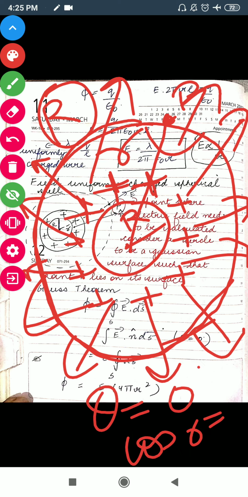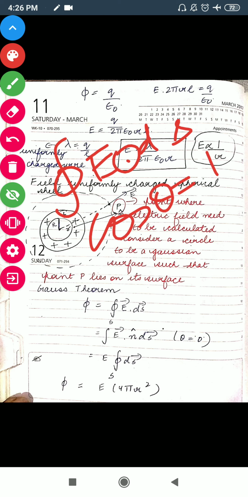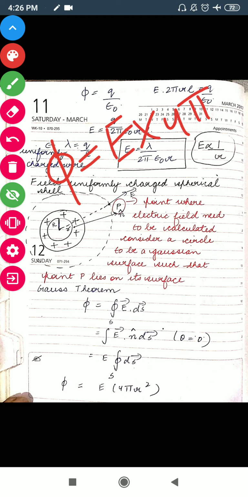You will realize that all the derivations are approximately the same. Now if I calculate the flux, the integral of E dot ds, then the dot product will open, cos theta will become equal to 1, E will come out of the integral sign and we are left with ds. Here ds is a sphere of radius small r, so the total area of the sphere will be 4 pi r square. So what is the formula of flux? Flux is coming out to be E into 4 pi r square.